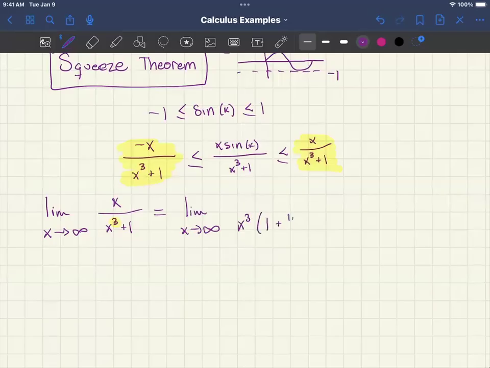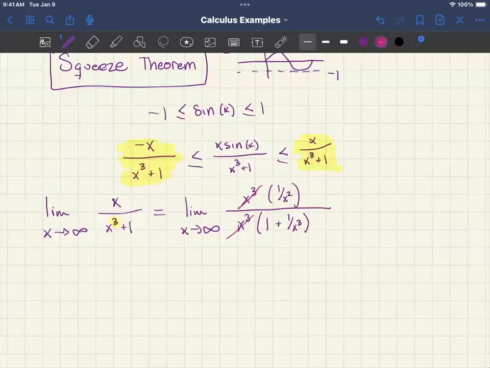That is going to leave us with 1 plus 1 over x cubed. If you want to, you can multiply it back in to make sure we did it correctly. On our numerator, we're going to pull out an x cubed, and because there was a single x there already, we are going to be left with an x squared. So that is going to cancel out those x cubes. We're going to be left with 1 over x squared in the numerator, and in the denominator, 1 plus 1